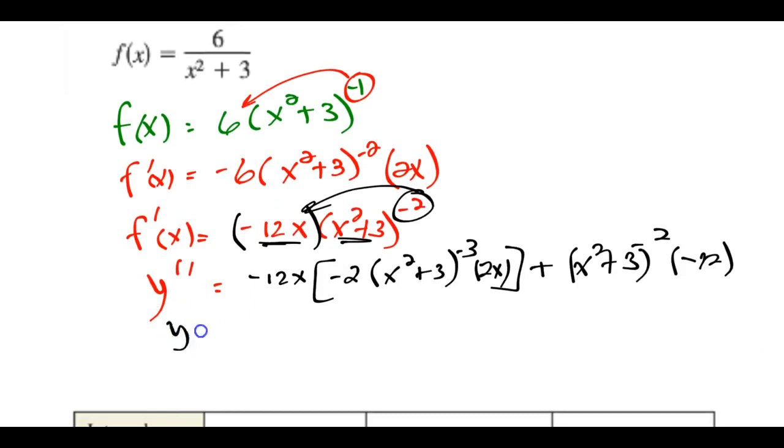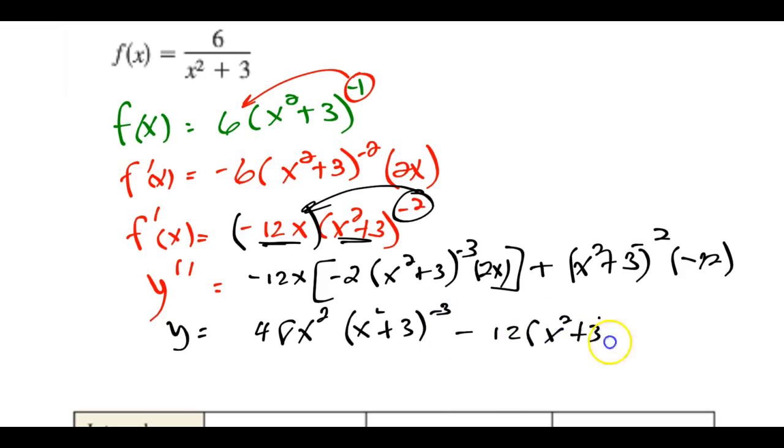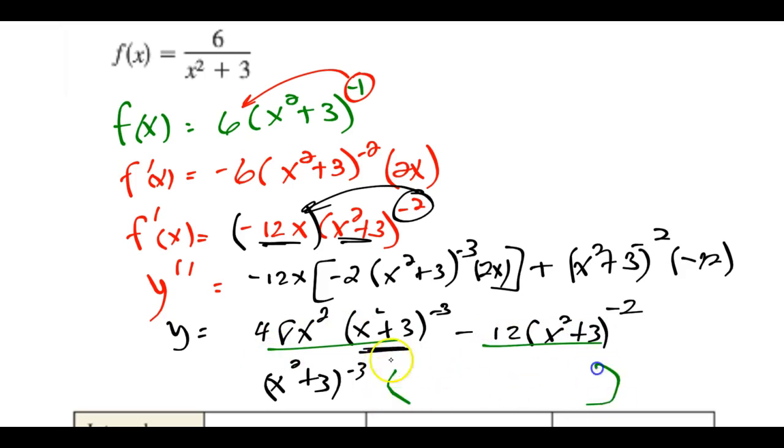And I'll clean this up. Oh my goodness. Why didn't I pick an easier problem for my first example? And then factored form is usually the easiest form to look at this. So I'm going to pull out this x squared plus 3 to the -3rd, which literally means I'm going to think about dividing each term by that GCF. So if I divide by this guy, this term drops out, leaving me with just the 48x squared